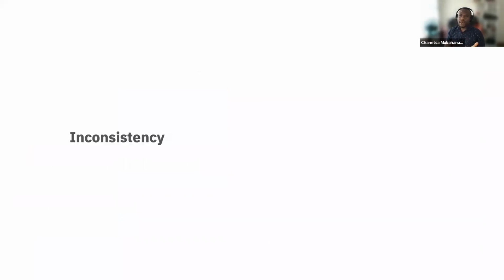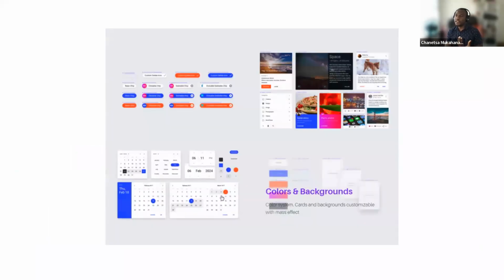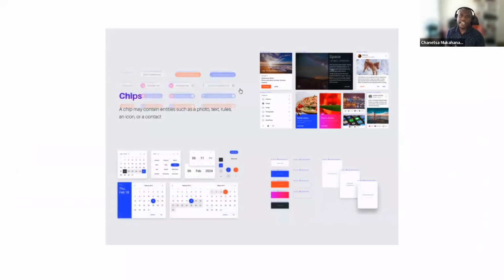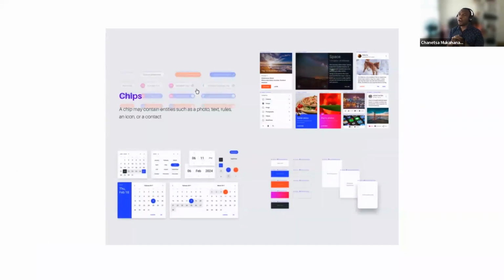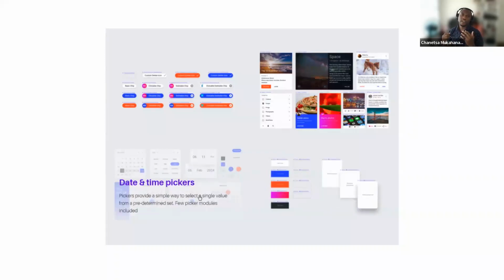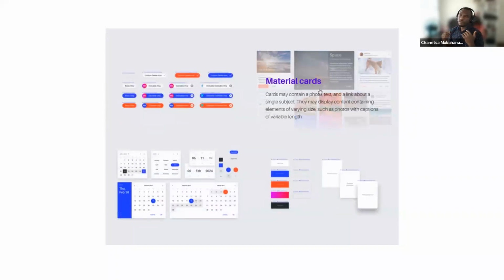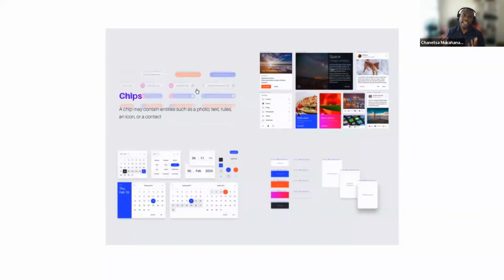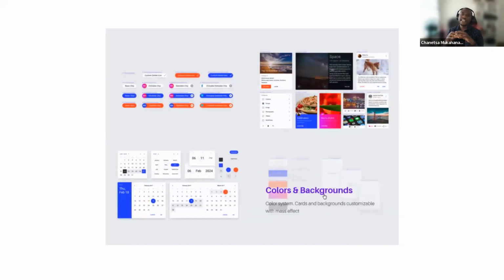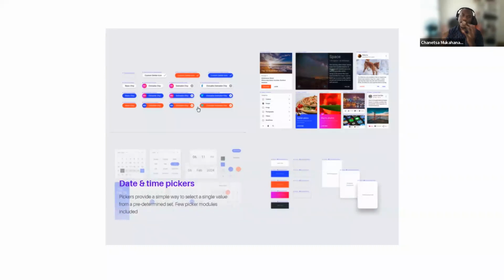And then the next one that I mentioned was inconsistency, where I was saying, yes, you might have great teams that are just not working well together. And one of the things that we have done is we use component libraries. I think everyone knows about the component libraries. So we use component libraries that we share with all the teams. If you're using any of the modern design tools, if you're using Sketch, if you're using Figma, if you're using Adobe XD, they've got a facility for creating a central component library